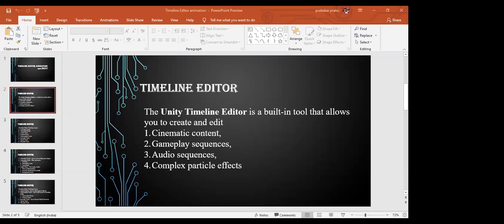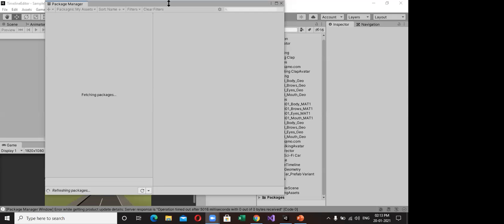One minute. Share screen. Okay, now you are able to see Unity, right?